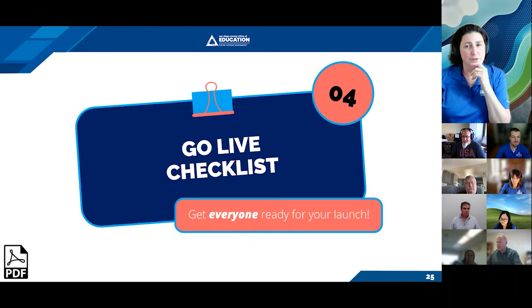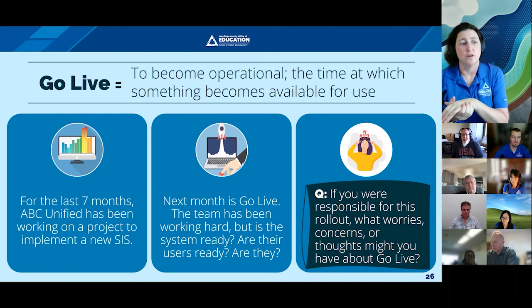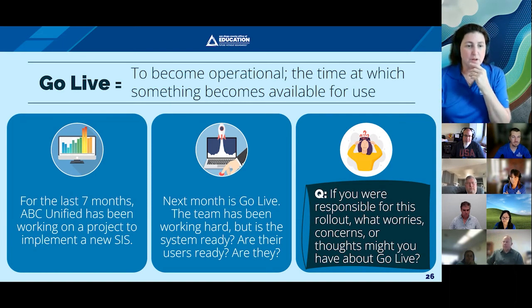So moving on from our previous checklist, we're going to move into our go live checklist. So we're going to talk a little bit about what you need to do to prepare to go live. So make sure everybody's ready for that launch. So again, it's the moment you've been working for weeks. Go live, right? We're going operational, whether it's new software that we're implementing, or we're rolling out Chromebooks, or we're replacing all the access points on our campus. Whatever it is, we're going live, right? We're turning the things on. So what do we need to keep in mind before we go live?